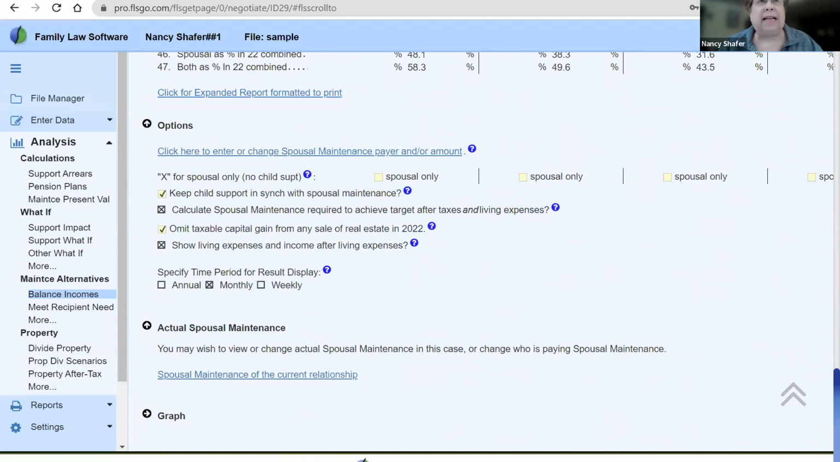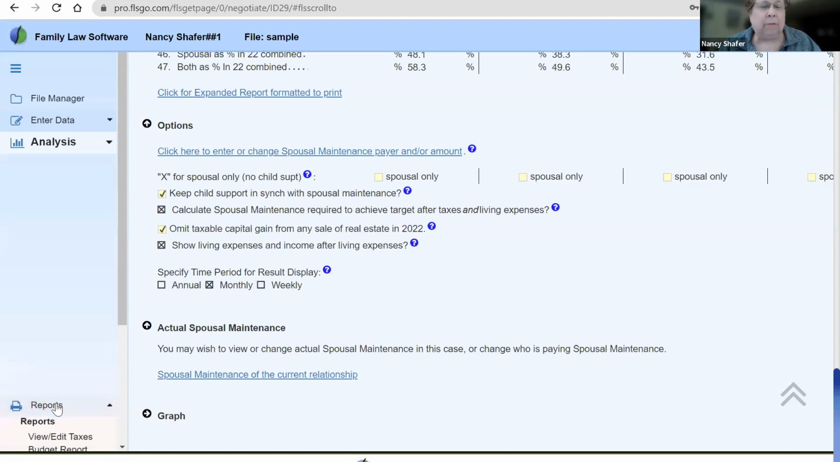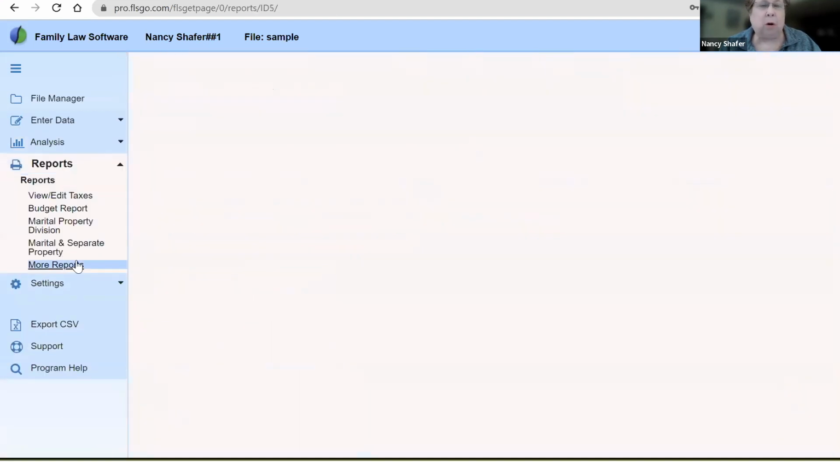Now we have lots of alimony recapture, spousal maintenance trade-off, maintenance after tax, all of which are no longer an issue unless you're looking at spousal maintenance after tax for state tax purposes. We have a lot of tax detail reports in the program. And if we go into reports, more reports,